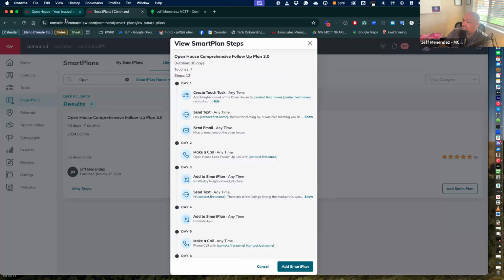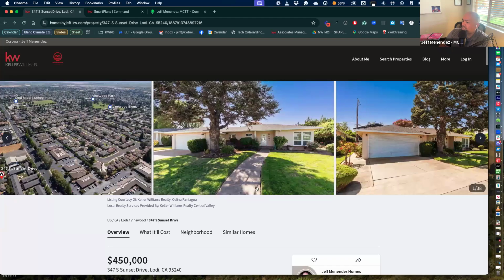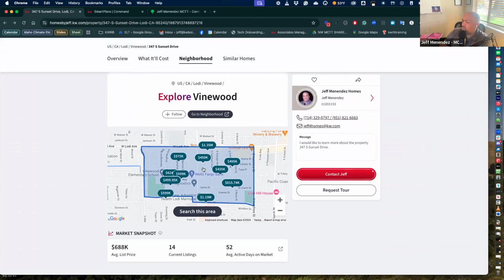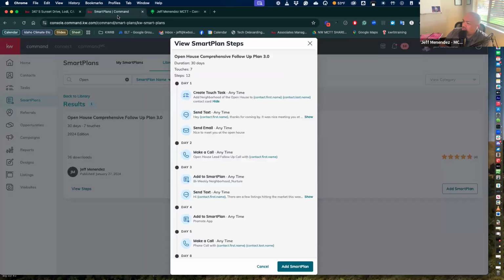What you want to do is add the neighborhood that this open house belongs to. In this particular case, if I click on neighborhood right here, it's part of the Vinewood neighborhood. If we explore the Vinewood neighborhood, you'll see that it shows all the properties for sale in that neighborhood. It also shows a market snapshot of that neighborhood specifically. And the reason why we want to do that, add that neighborhood to that contact, is that over here,